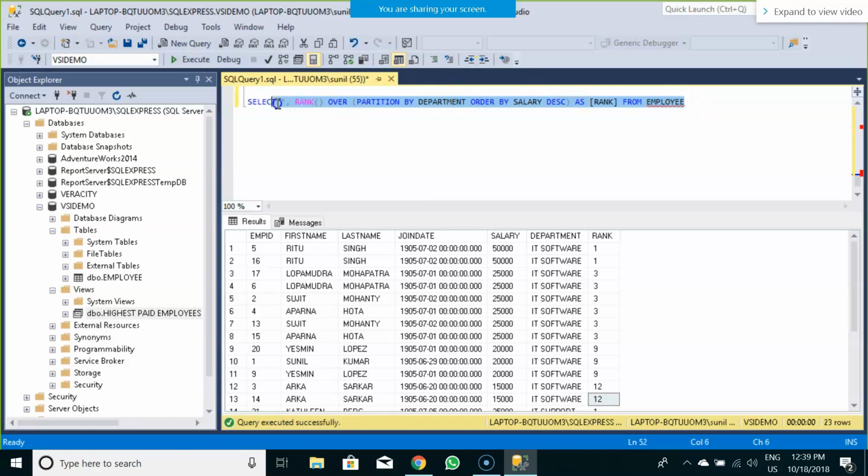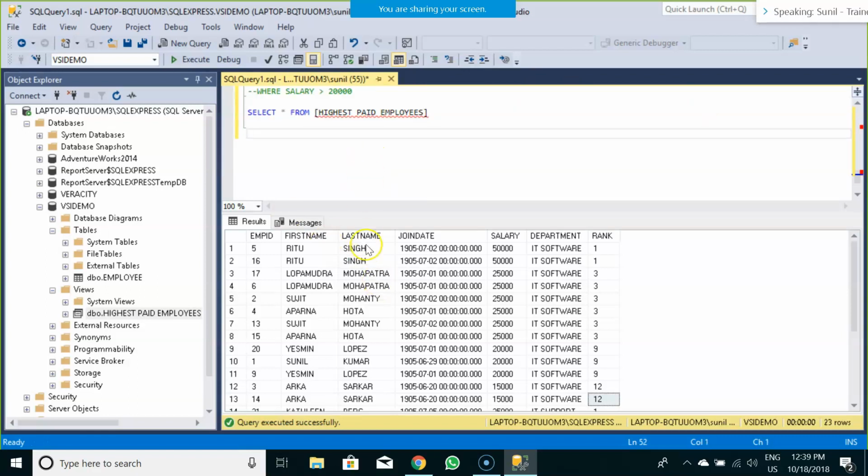After that, there is something in SQL called dense rank. So first this is rank, then there is a function called dense rank. Now what happens in dense rank? Let us apply dense rank and see. The pink highlighted words are keywords in SQL.